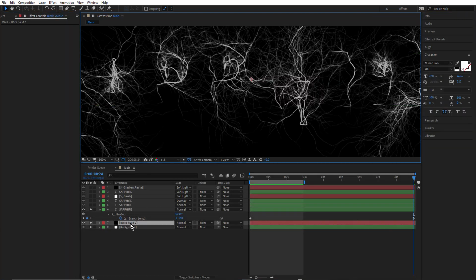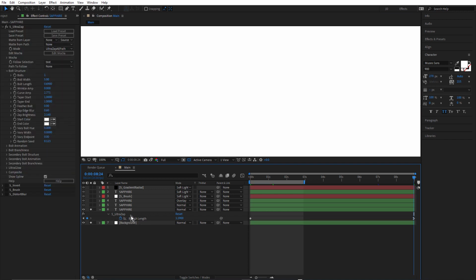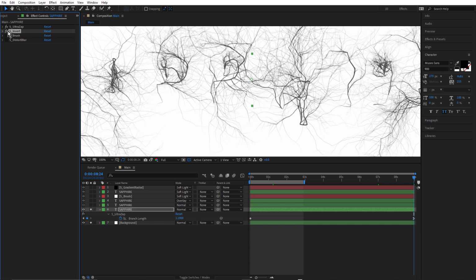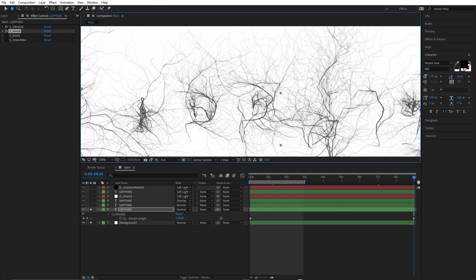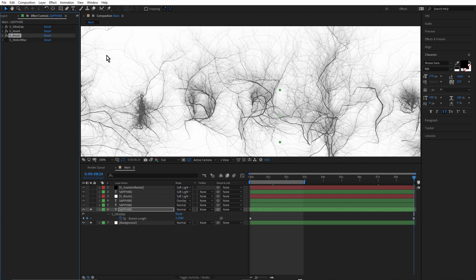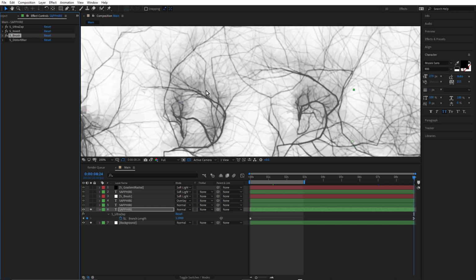So let's delete the black solid and just twirl up Ultra Zap and turn on S invert. And as I mentioned before, S invert's just used to change those white bolts and branches to black. All right, that's followed by Sapphire Brush. I'm going to turn that on. This is pretty subtle. It just adds kind of a grey wash to this.